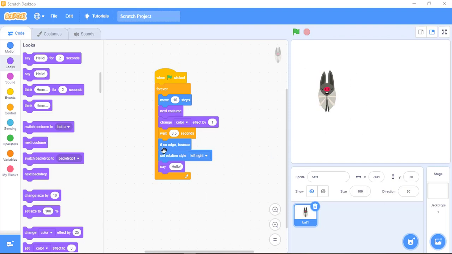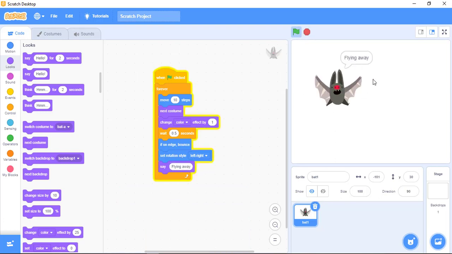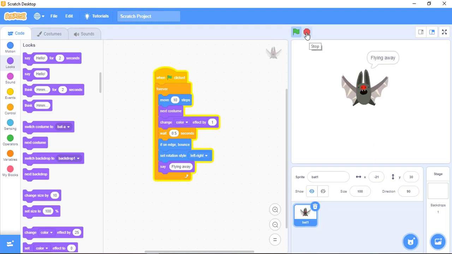So you can basically customize what you want it to say, right? Let me just change this to flying away, right? If I run that now, you'll see it will say flying away. Okay, you can also change its size. So the size, you change it by,